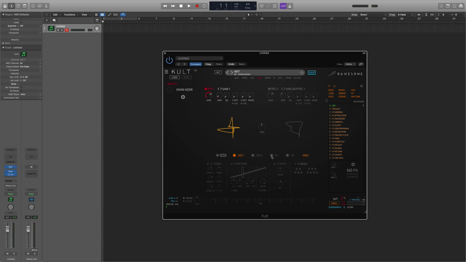Now let's go over to the filter. So the filter is very, very basic. We essentially have 2 different filters that we can play with, as well as 2 comb filters and 2 distortion units as well. To start, we're gonna take a look at our 2 distortion units. So we have a soft distortion, our hard distortion, and a noise. Soft just adds a bit of soft distortion. Hard is going to add some hard clipping distortion, and then noise